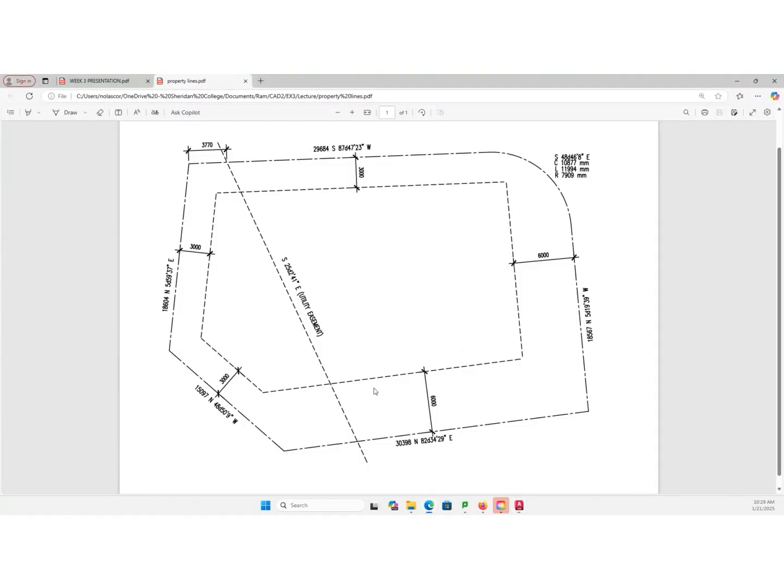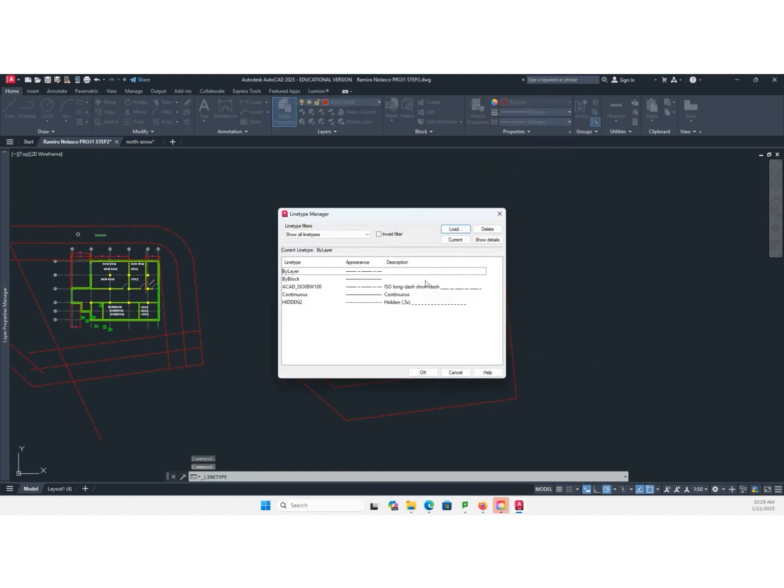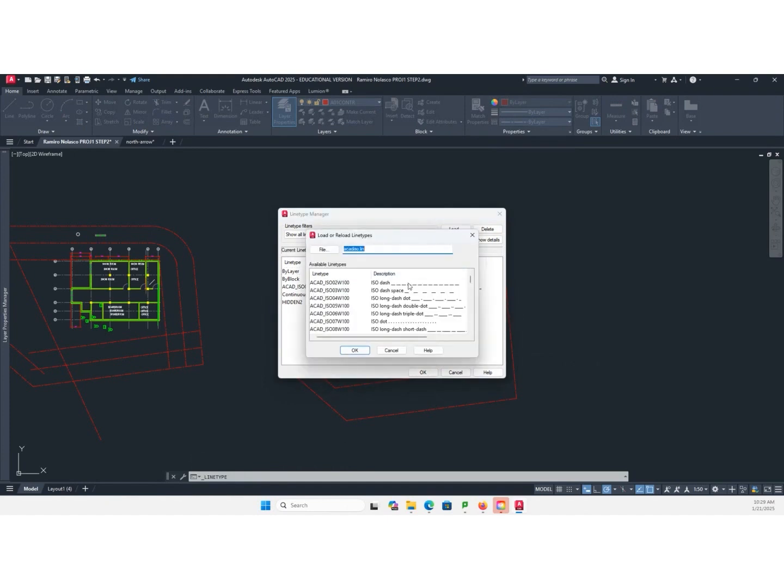Okay. And this should be in hidden line. So change this to hidden. Now, don't use hidden. This is metric. So load the dash line for metric. Load ISO dash.